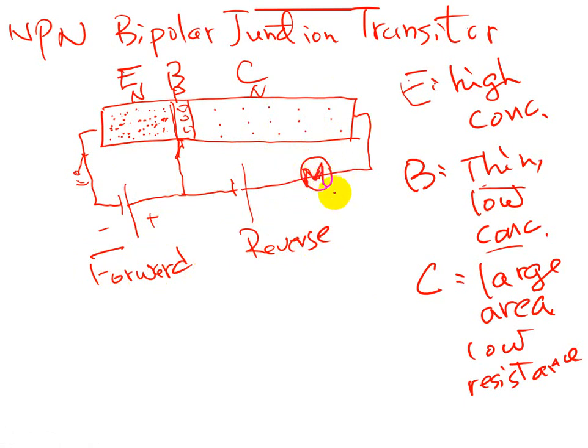You are supposed to have no current coming through the motor. The motor will not run at all. And what happens is, when you turn on the switch, this is forward bias, so there's a current coming through